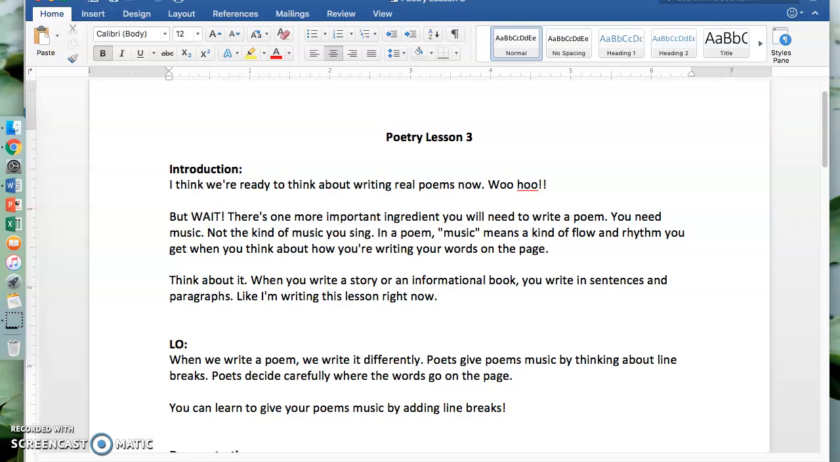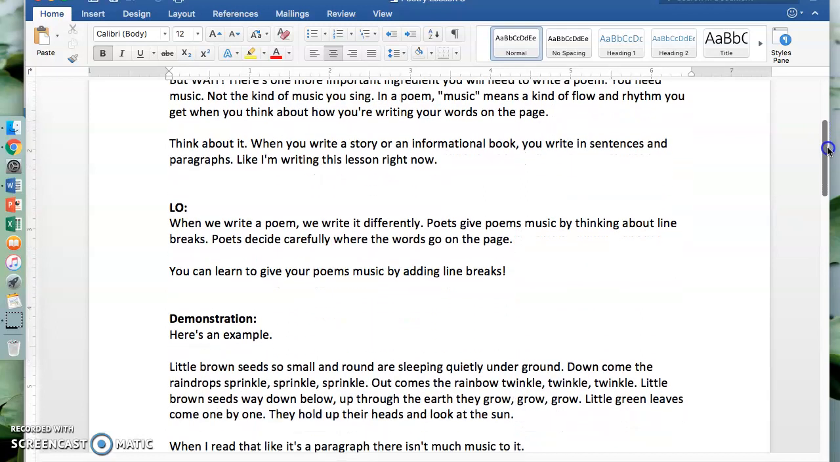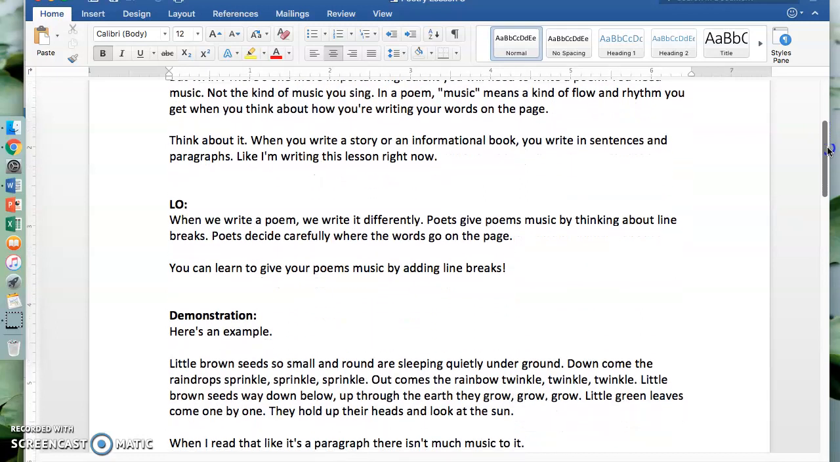Think about it. When you write a story or an informational book, you write in sentences and paragraphs, like I'm writing this lesson right now. When we write a poem, we write it differently. Poets give poems music by thinking about line breaks. Poets decide carefully where the words go on the page. You can learn to give your poems music by adding line breaks. Here's an example,